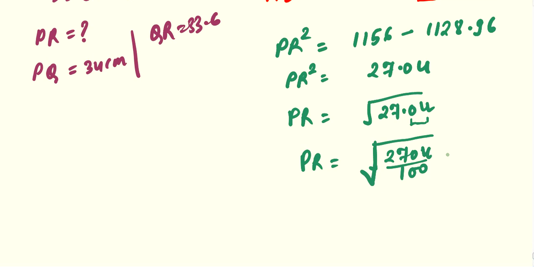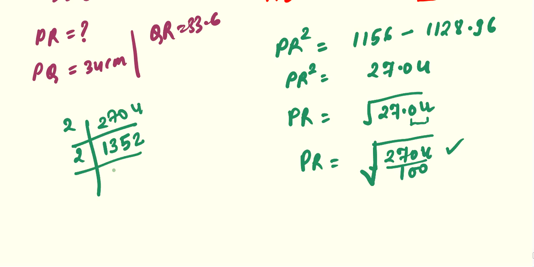Okay, again we are having a value here, 2704. So 2704, start from 2. 2 1s are 2, then 2 3s are 6, 1 remaining, 2 5s are 10, then 2 2s are... Then again from 2, 2 6s are 12, 1 carry, 2 7s are 14, 1 carry, then 1 more and 2 6s are...